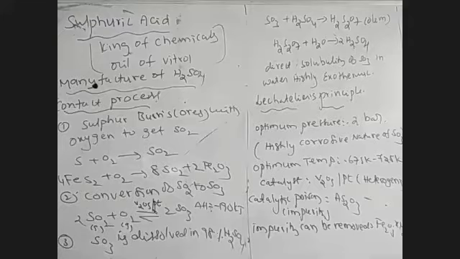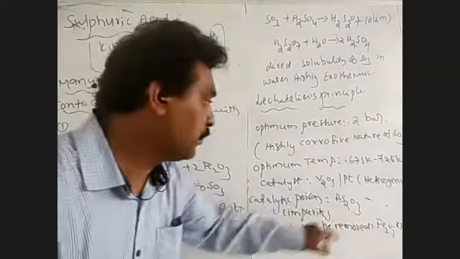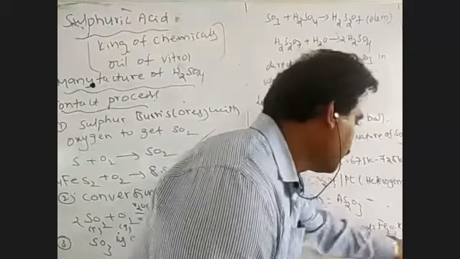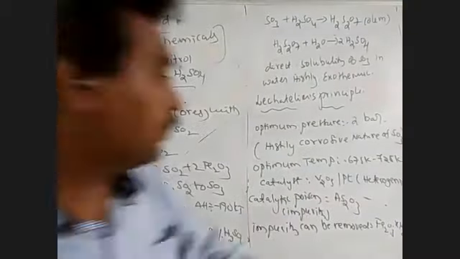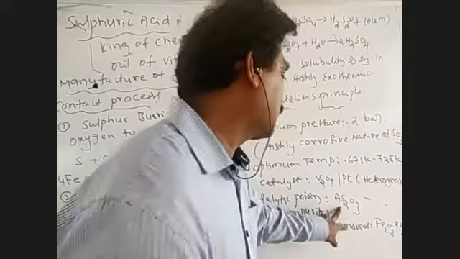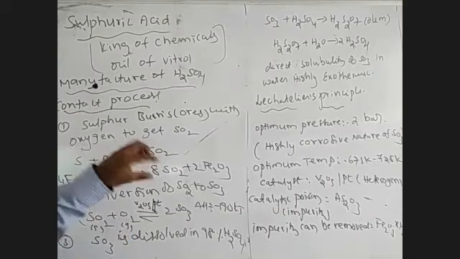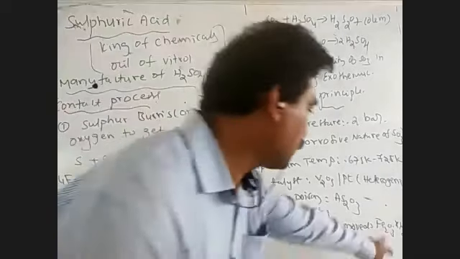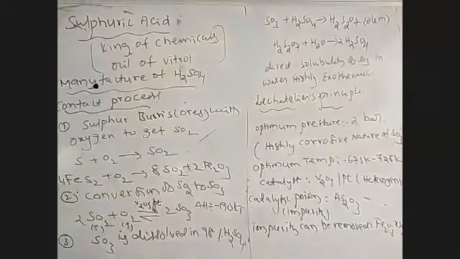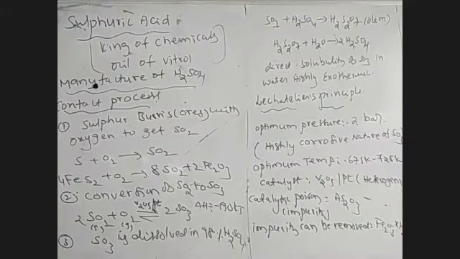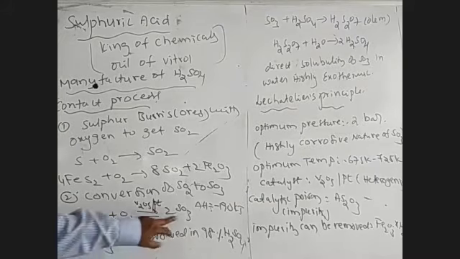In the conversion of SO2 to SO3, the mixture of SO2, O2 and As2O3 is passed through hydrated ferric oxide. Hydrated ferric oxide absorbs only arsenic oxide, not SO2. So small quantities of arsenic impurity can be removed using hydrated ferric oxide only. These are the conditions based on Le Chatelier's principle for the preparation of H2SO4, that is SO3, by the Contact process. In this process, SO3 is produced.